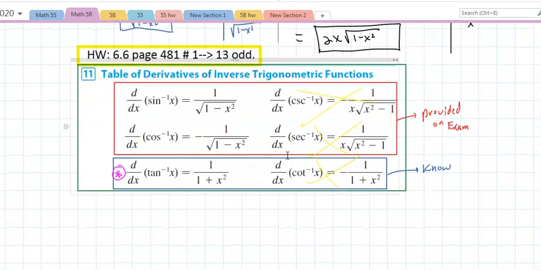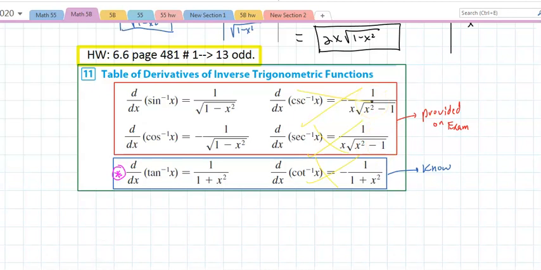So now the calculus of this, I'm going to derive one of those four. You could derive all of them. The derivative of inverse sine is 1 divided by square root of 1 minus x squared. Derivative of inverse cosine is negative 1 over square root of 1 minus x squared. And derivative of inverse tangent is 1 over 1 plus x squared. The red, that upper red,